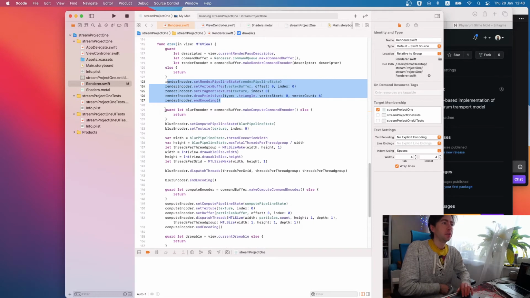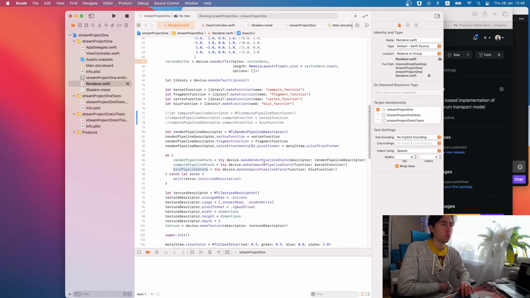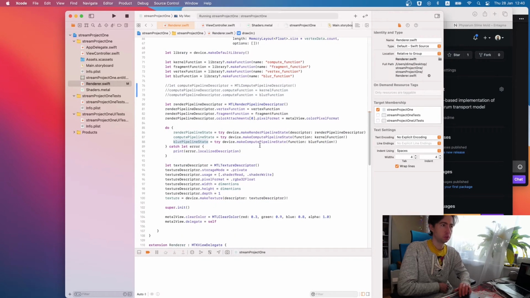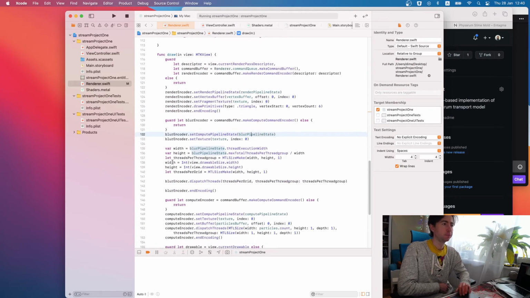And here we set up the blur step. We're creating a blur encoder. It's a compute command encoder. We set blur pipeline state, which has blur function within it. And here we set a texture we want to process available for this encoder, for this blur kernel function.